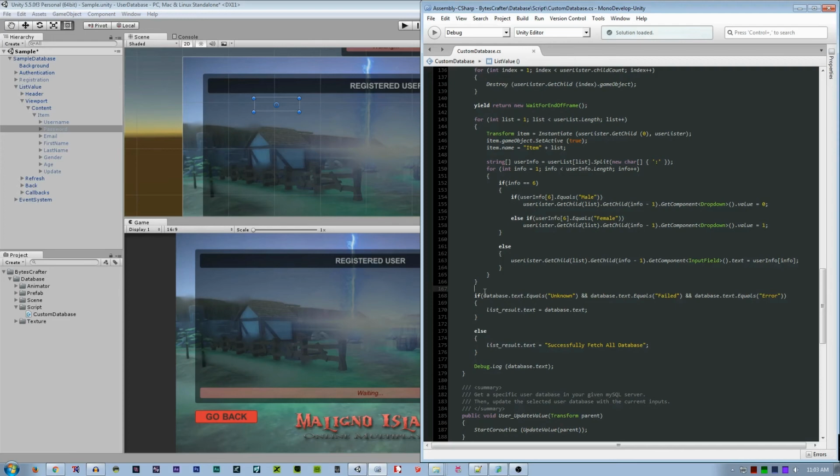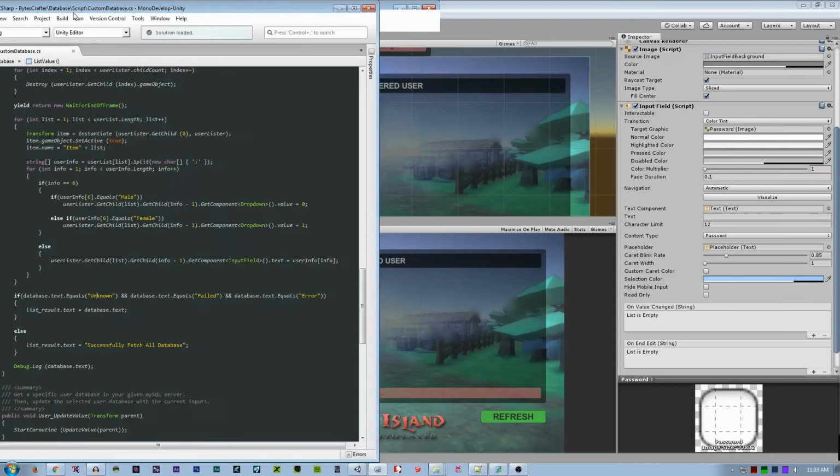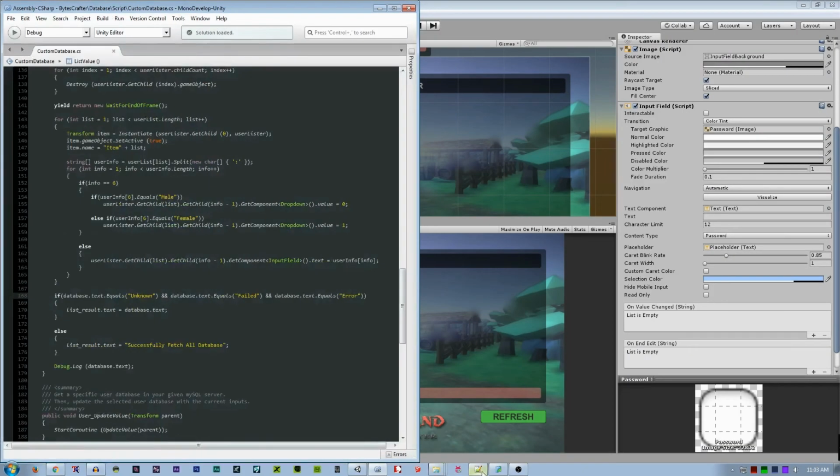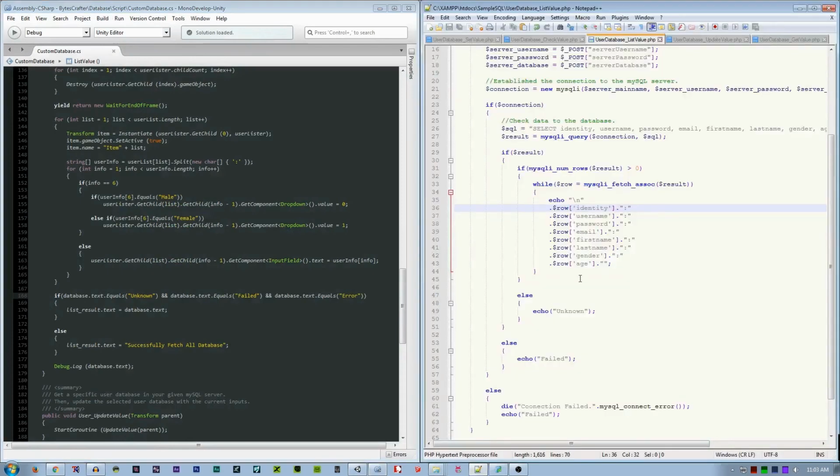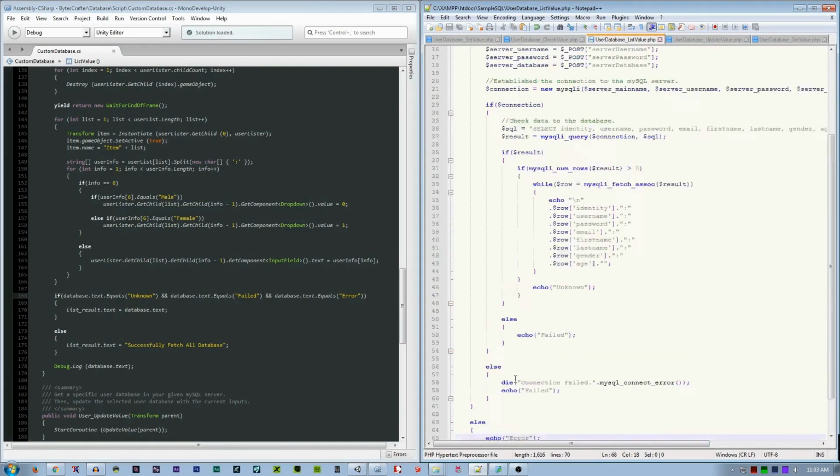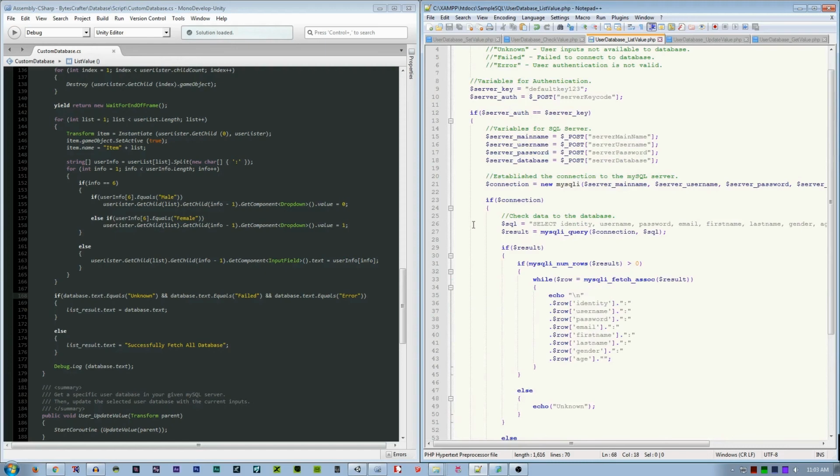The last part is basically a callback, just a notification. So for example, the database text equals unknown. If you can see here, we can get the echo through here. Echo is here: failed, unknown, failed, error, if different key.